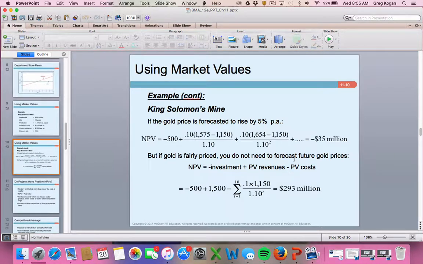So it looks like, hey, we shouldn't be doing gold prices rising 5% with our cost per unit and the investment and everything added up, negative 35 million. Don't do the gold mine. And then on a second look,